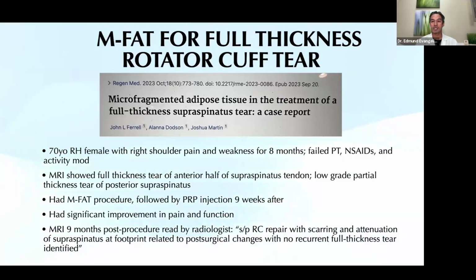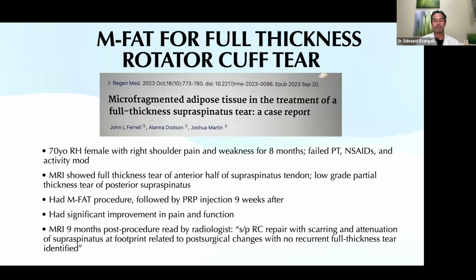The patient underwent the MFAT procedure, and also had a PRP injection 9 weeks after. The patient had significant improvement in pain and function. And what was pretty cool was that a follow-up MRI 9 months after the procedure was read by a radiologist who didn't know what procedure the patient had done. He read it as status post rotator cuff repair with scarring and attenuation of the supraspinatus at the footprint related to post-surgical changes, but no recurrent full thickness tear was identified. So this radiologist thought that the patient had undergone a rotator cuff surgery repair,